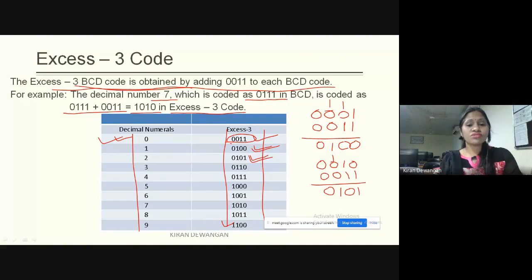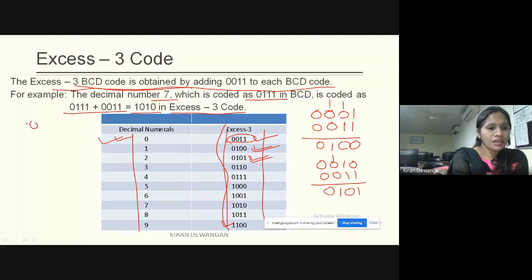Which ones are not being used here? Can anybody tell what are the combinations which are not used in the XS3 code? The combinations which are not used are 0000. 0000 is not used. Again, the next one is 0001.